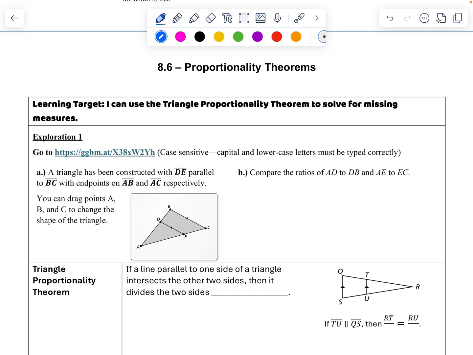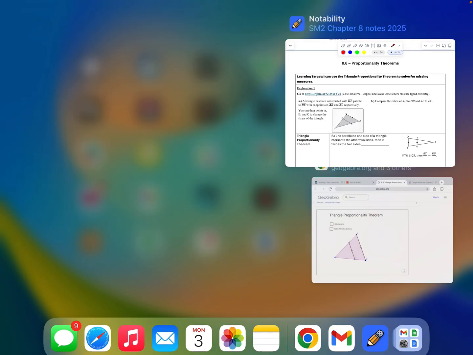All right, this is our last lesson for this chapter. It's pretty simple. We have a few theorems that we're going to learn and how to apply them. So the first thing I want you to do is to go to this website, okay? You need to type this in. It is case sensitive, so make sure you've got those capital and lowercase letters typed correctly. Okay, when you go to the website,